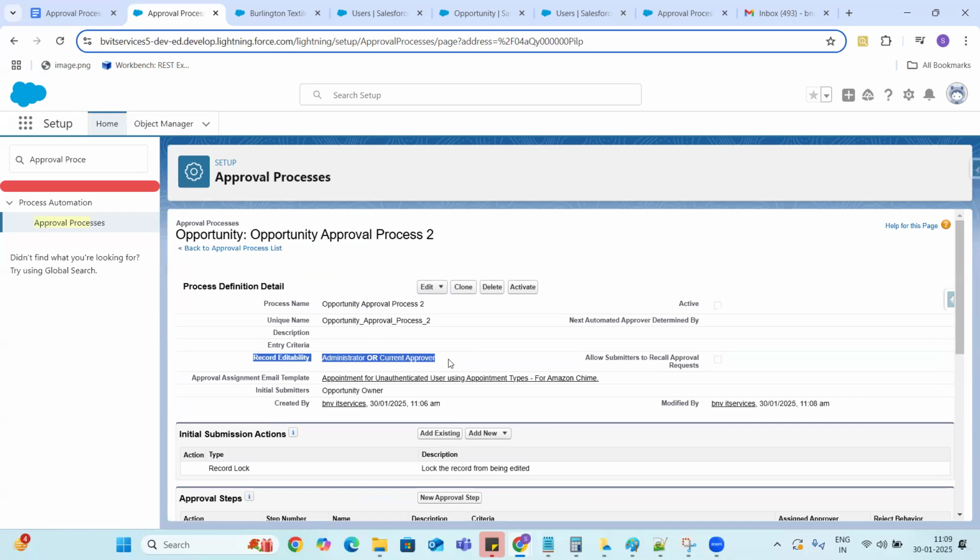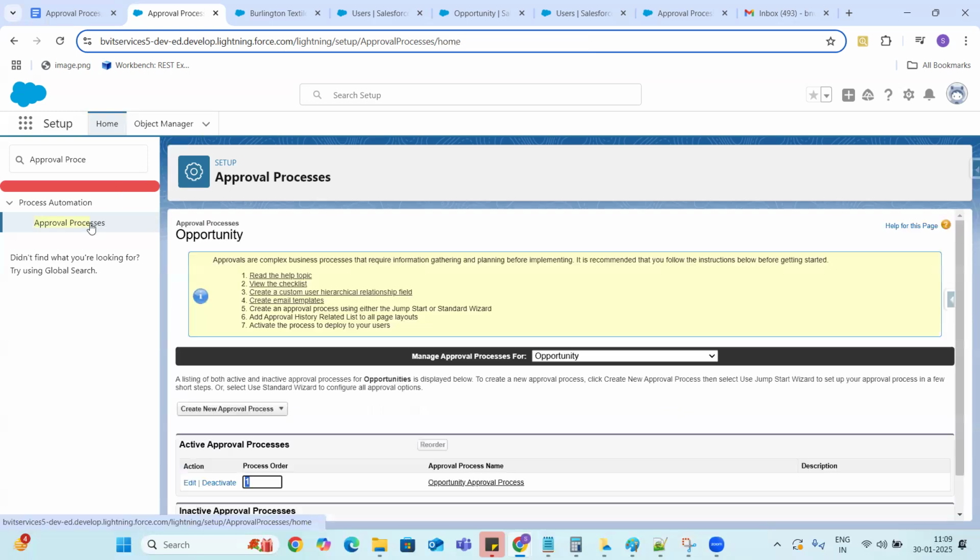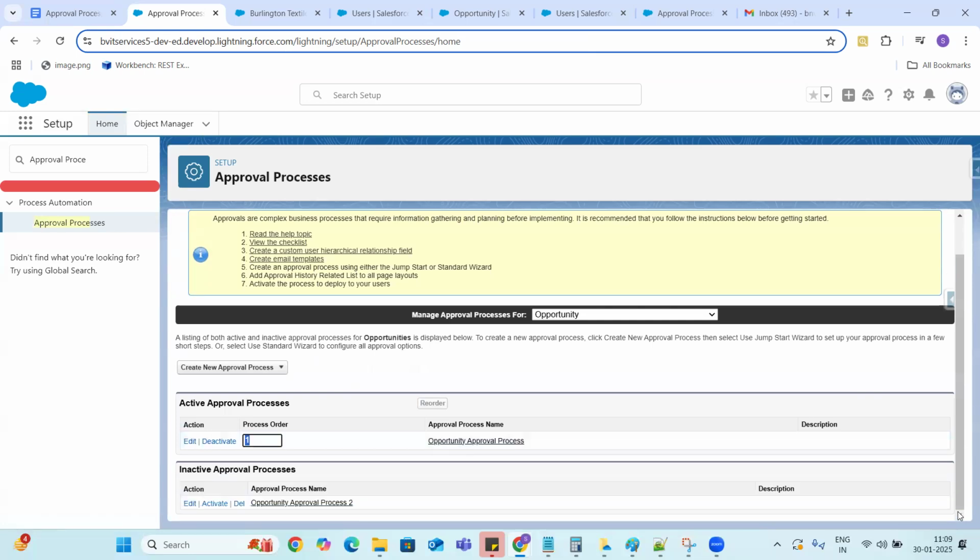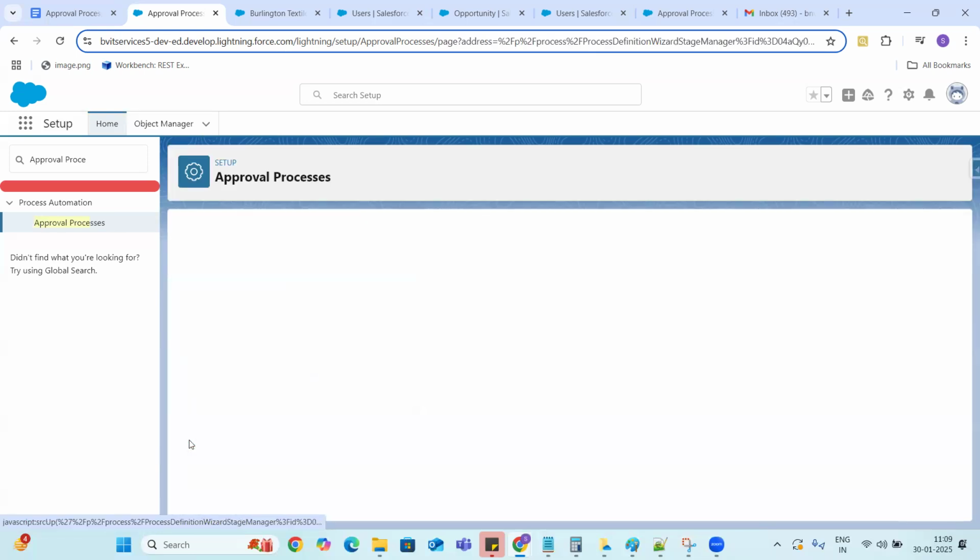The major difference is record editability, guys. When you use the Jumpstart wizard, the record editability is administrators only. But using the setup wizard, you can configure it. Using the Jumpstart wizard also you can configure that after you click on edit. So here this is the one, right?